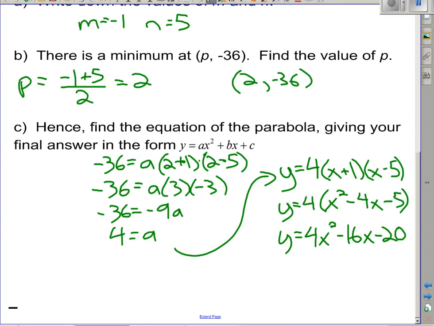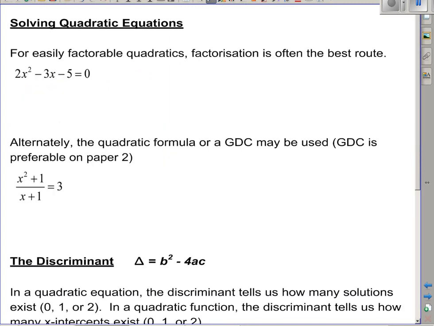Solving quadratic equations. This will definitely come up somewhere. So for easily factorable equations, factoring's often the best route. This one here is a nice example. It's got prime numbers on either end. So you know to get a 2x squared, you're going to need a 2x and an x. If I'm going to look for it to work out to have a middle of negative 3x,